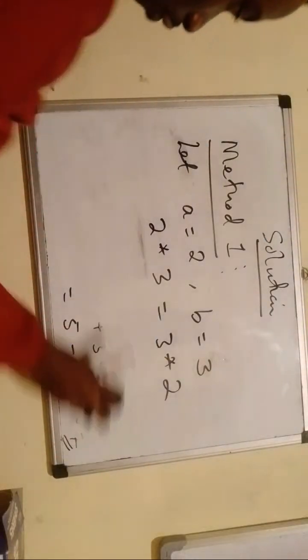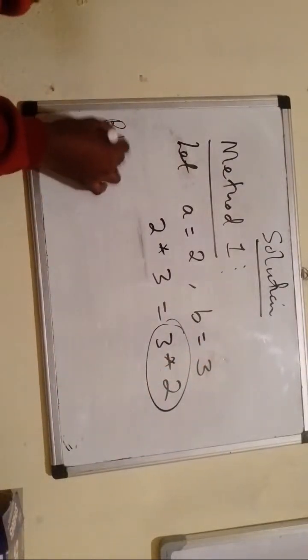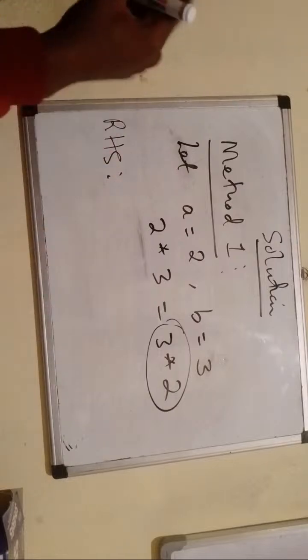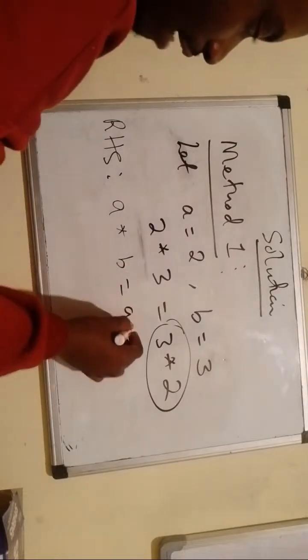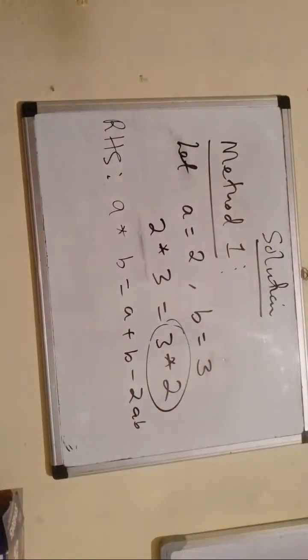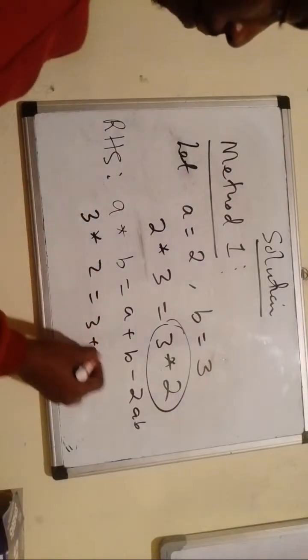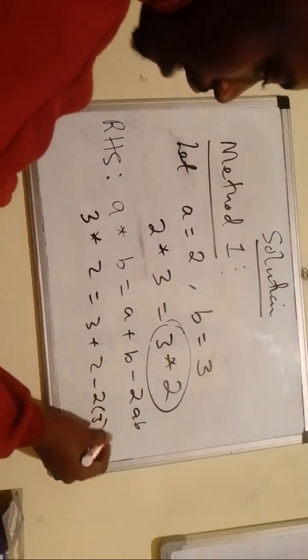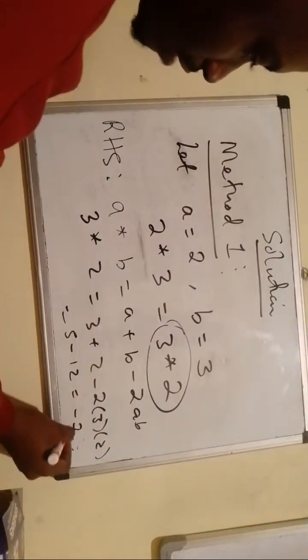We now solve the right hand side. This part here is our right hand side. Remember the rule is still going to be the same. What has changed are the figures. What has changed is the arrangement. Our A is now 3 and our B is now 2. So we have 3 star 2. This will be 3 plus 2 minus 2 times 3 times 2. This will still be 5 minus 12, to still give us